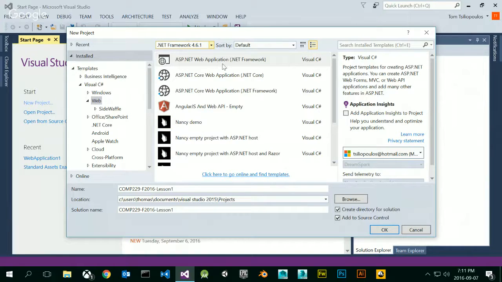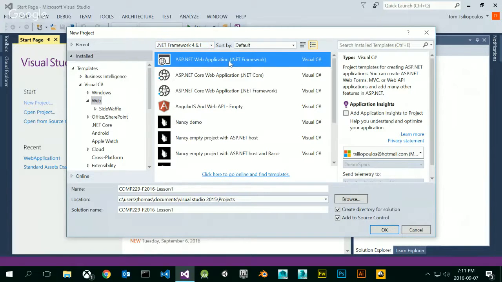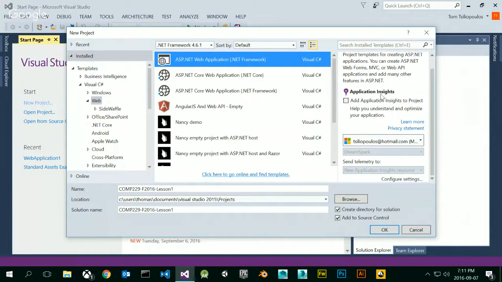I'm clicking on ASP.NET Web Application, right? This is the one I want. And on the right, this is something that's not compatible with Microsoft Azure, right? I just want to let you know this is Application Insights, all right? So Application Insights, please do not click this. Make sure this is unchecked when we do our stuff together, all right? Because this would be very bad if we used Application Insights, right? It wouldn't work properly. The other thing is that you're going to notice, and this is all in the PowerPoint,